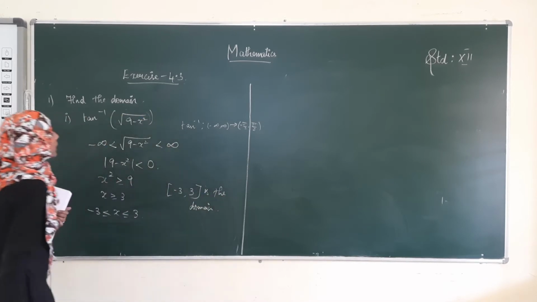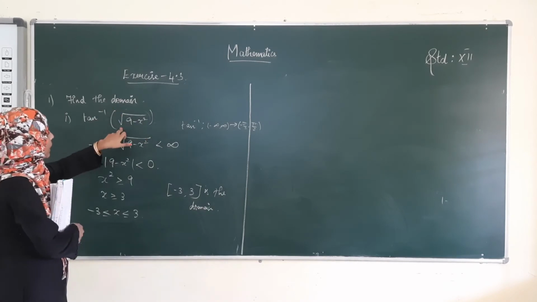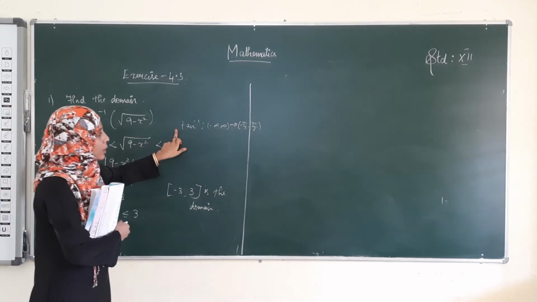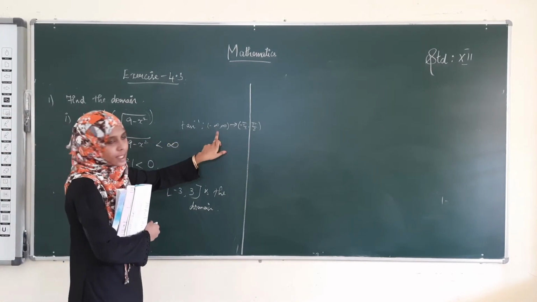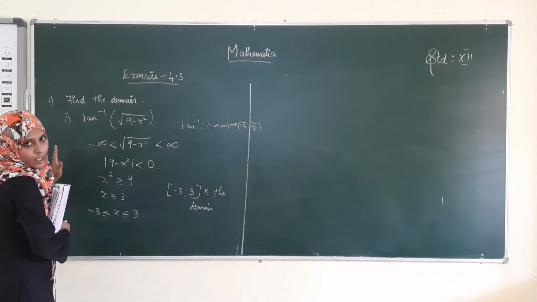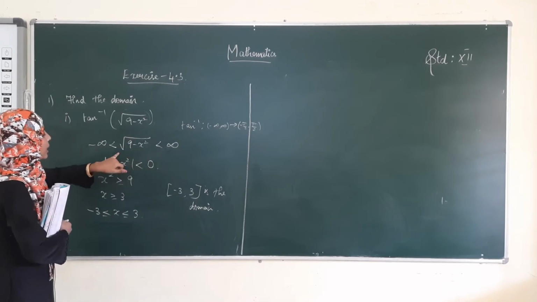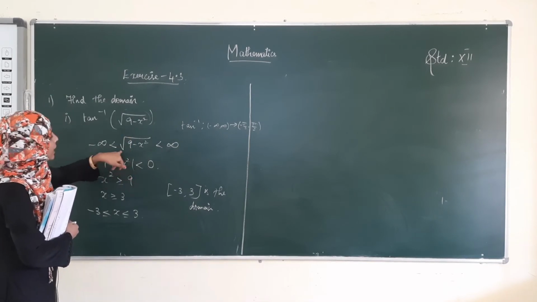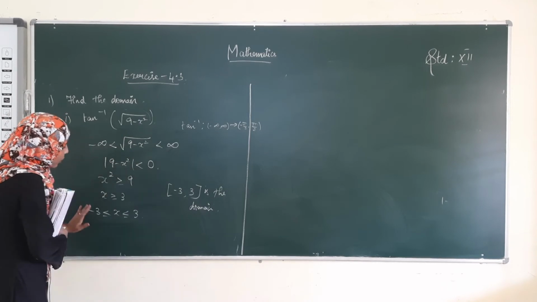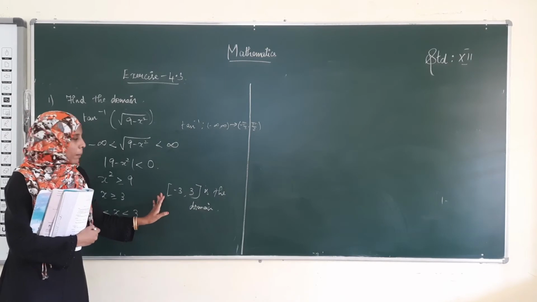What have we done? We have taken the theta value, that is the value that is given, root of 9 minus x square. We already know the tan inverse function's domain is minus infinity comma infinity. Therefore, on equating this, on one side we are taking minus infinity and on the other side infinity. While we take the square root and square on all these sides, the value comes like this. So, the domain is the closed interval minus 3 comma 3.